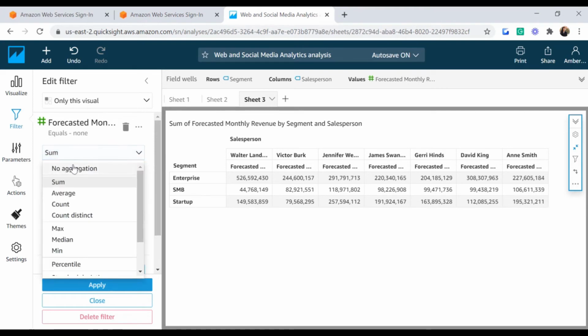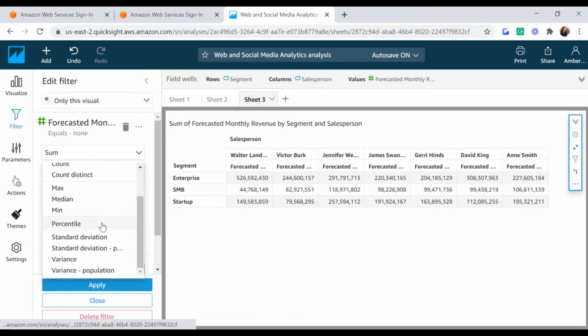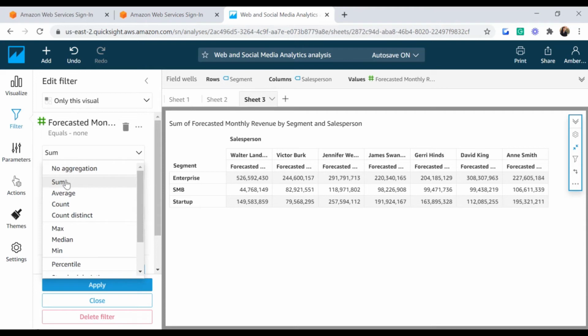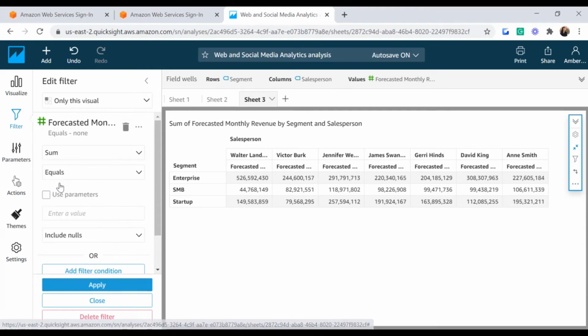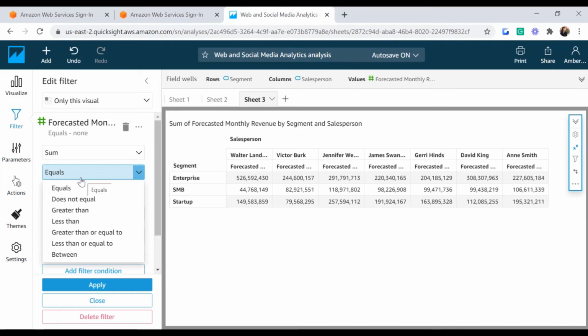So we have a no aggregation option. We have an option for sum, average, count, count distinct, max, median, min, percentile, standard deviation population, variance, and variance population. So for instance, we have selected the sum as the aggregate, and the next options of conditions that we